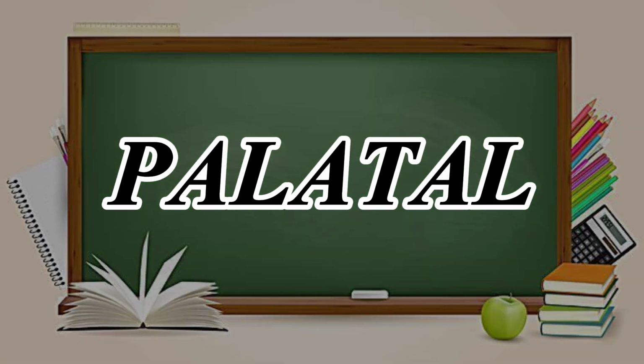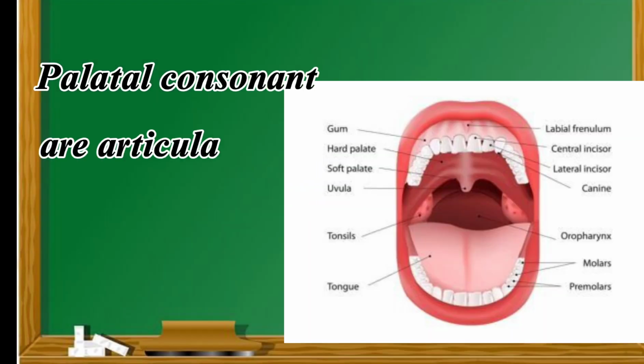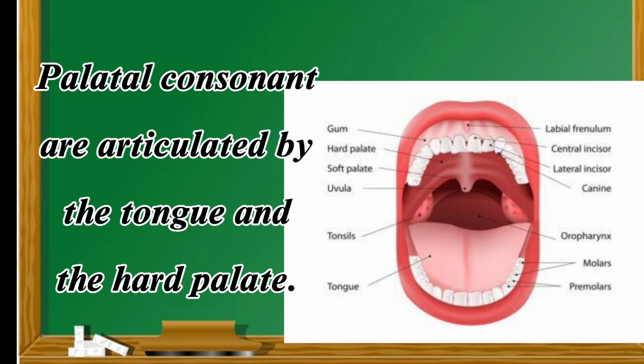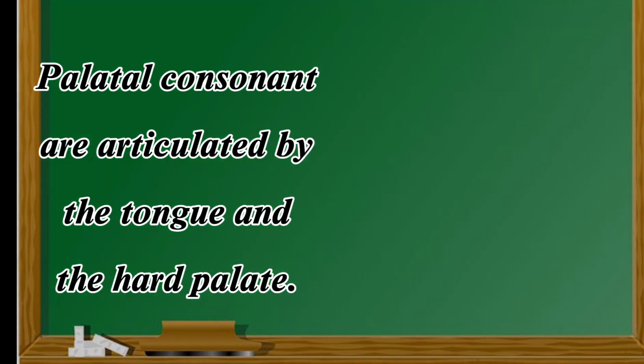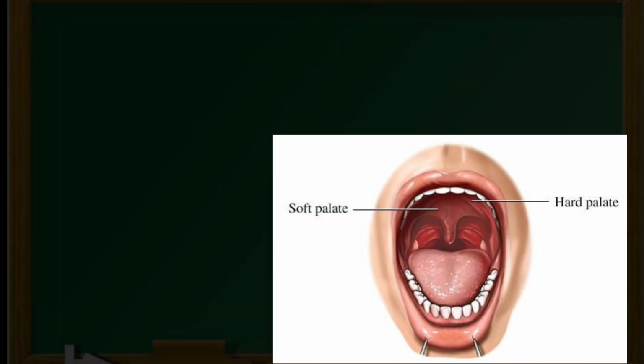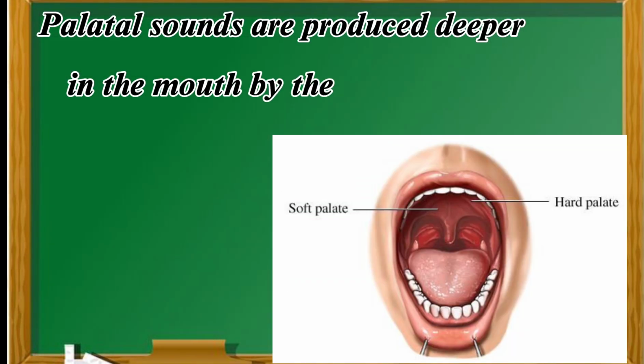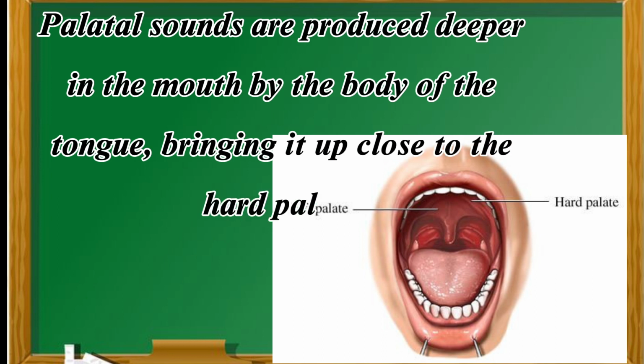Palatal consonants are articulated by the tongue and the hard palate. These sounds are produced at the hard palate or roof of the mouth. Palatal sounds are produced deeper in the mouth by the body of the tongue, bringing it up close to the hard palate. Do you know that we can create palatal sounds if we raise your tongue to its